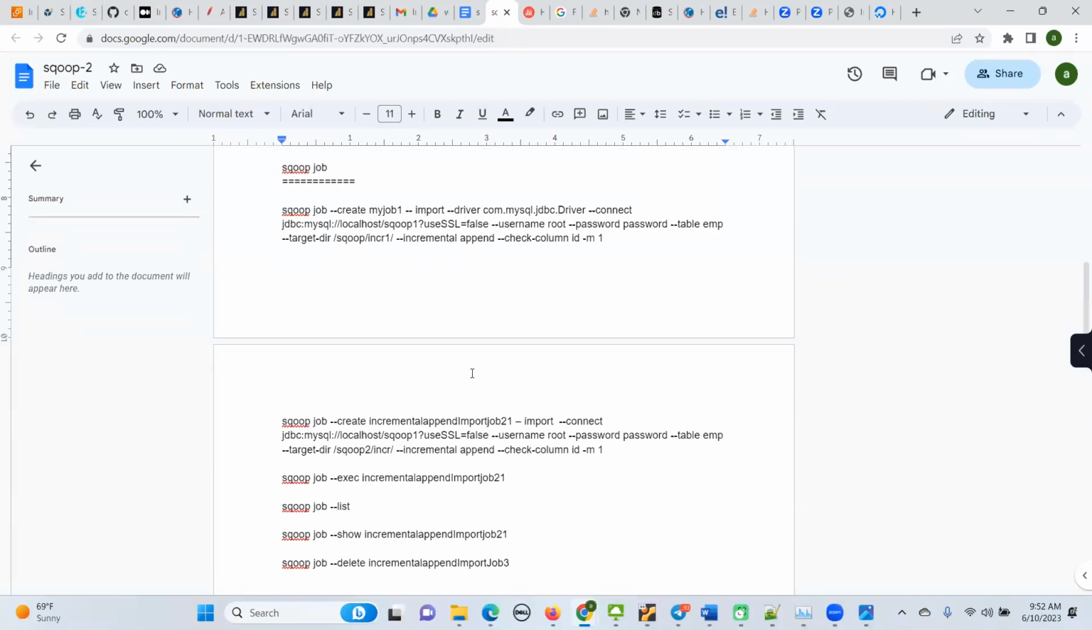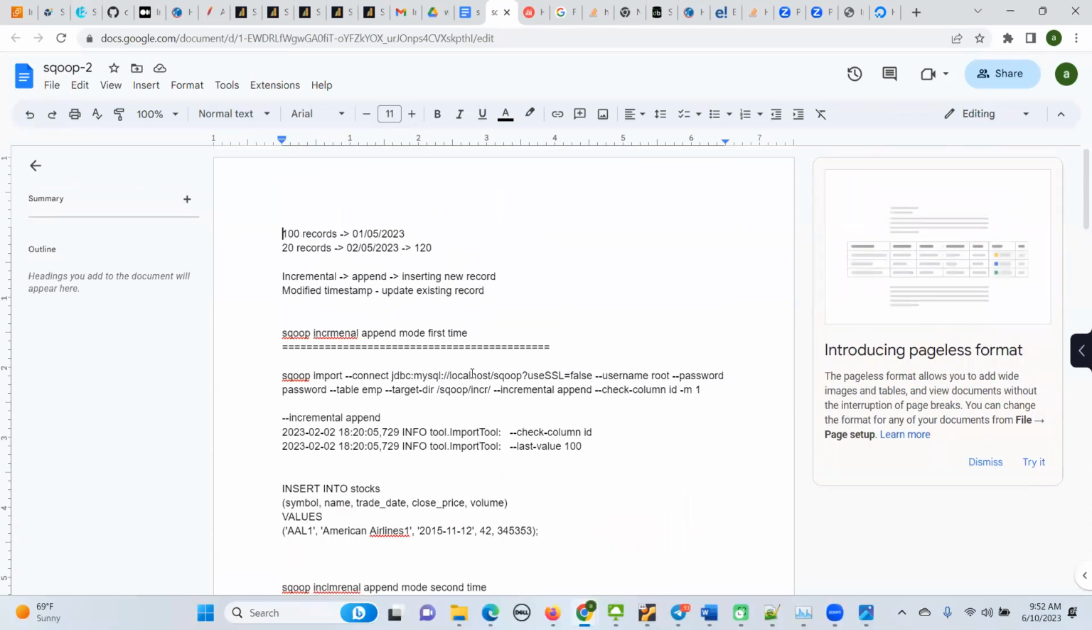Okay. So now I'm coming to the incremental. Generally when we are going for the incremental load of the data on a daily basis, like I have today 100 records. Okay, so tomorrow I get 20 records. So when I'm doing sqoop import, always do the